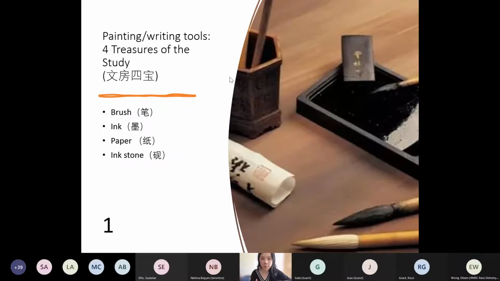So what we see here is this black little square. It looks like this. I'm holding it in my hand now. So this is a black stick that we use to make ink on an inkstone. Yeah, inkstone. So what we do is grind this stick on the inkstone, and we make ink on it. But today we use it